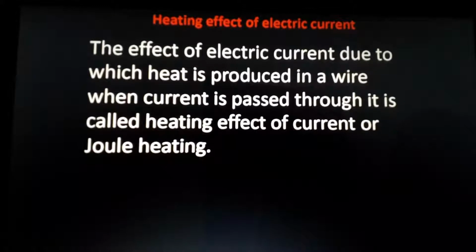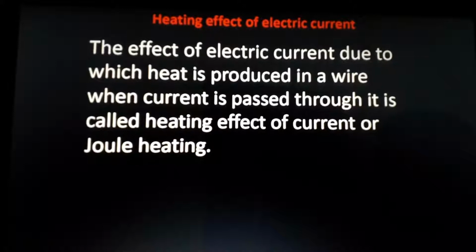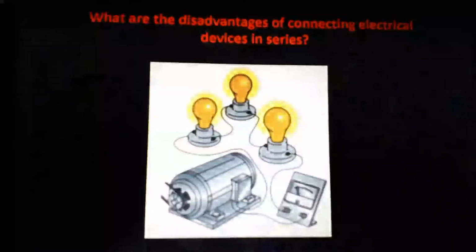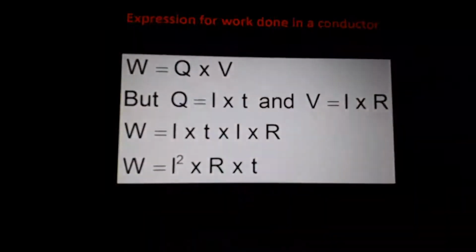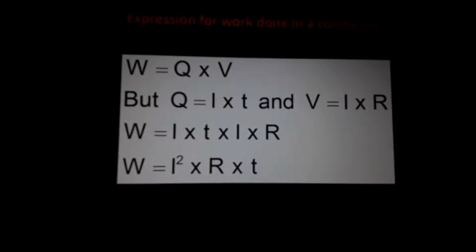First of all, what you want to study, you want to make sure that you won't miss each and every part of the theory section. Equations and all, after the end of this chapter, I will give the entire equations of this chapter. Anyway, some of the equations you already studied how to derive. Why I am telling this deriving of equation is important regarding physics, because some of the equations you already derived is like this. Actually, the work done W is I squared R T, that's the equation for work done.